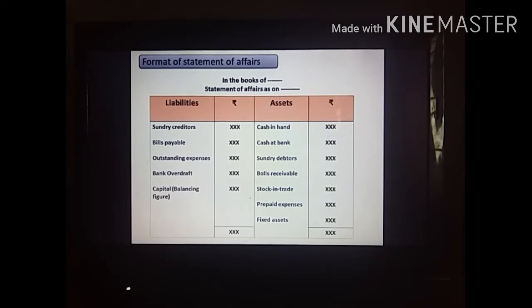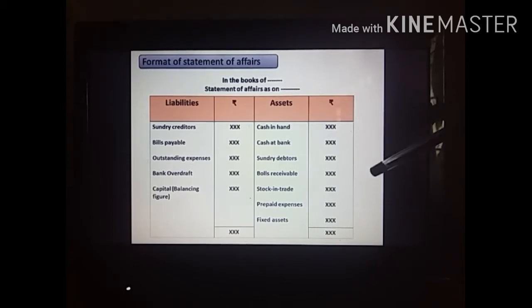For opening capital we don't have any adjustments, so normally all the adjustments are made at the end of the year only. So if you compute the closing capital, then you have to make some adjustments on some entries. For example, debtors: if you have any bad debts, then you have to deduct them from the debtors. If you have any adjustment, then you have to use the inner column. After adjusting, you have to post the amount in the outer column.